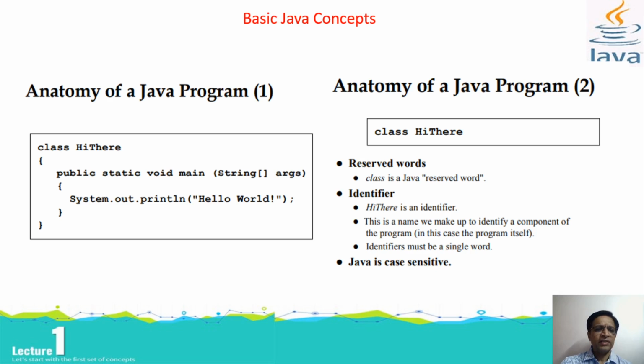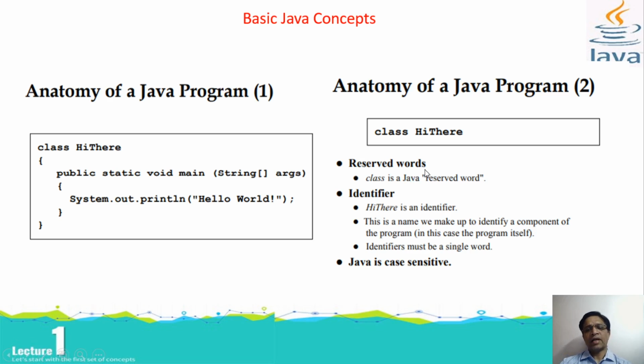Now, anatomy of the Java program we have discussed in our earlier class. The anatomy means the structure of the Java program. What I want to highlight here is, whatever Java program we write, we are going to write inside the class, and inside the class we can have some functions. There can be one function or more than one function inside the class. Here on your screen it shows that there is a main function, and main is a special kind of function from where the execution of our program starts.